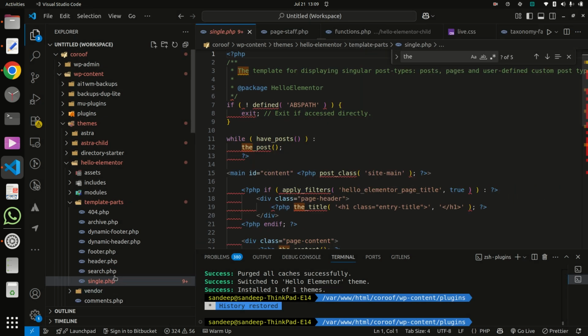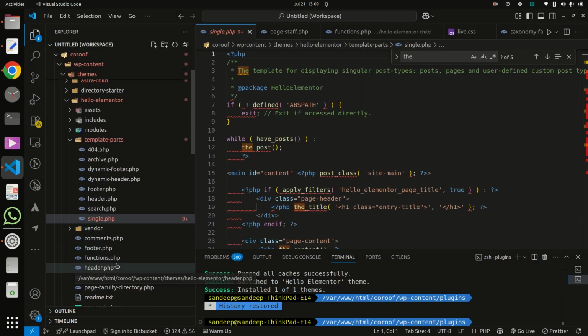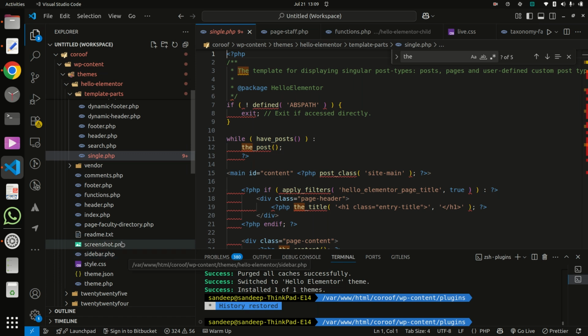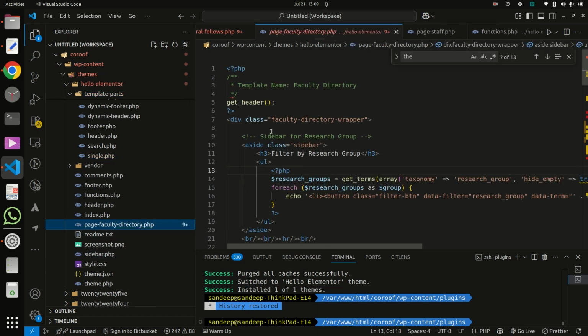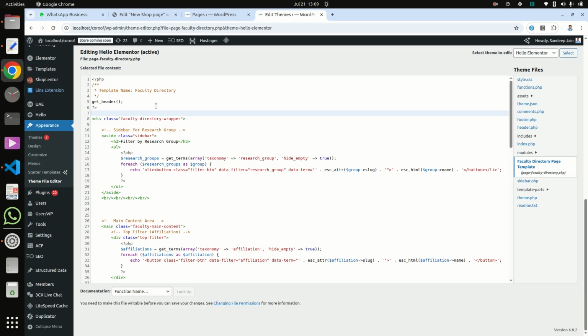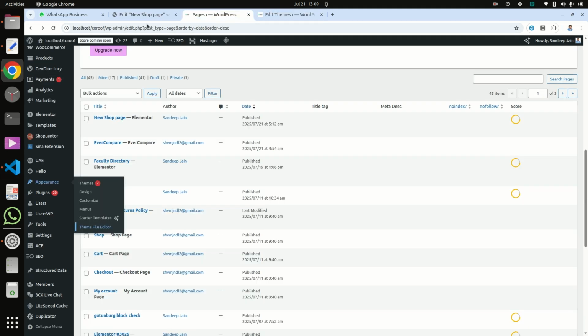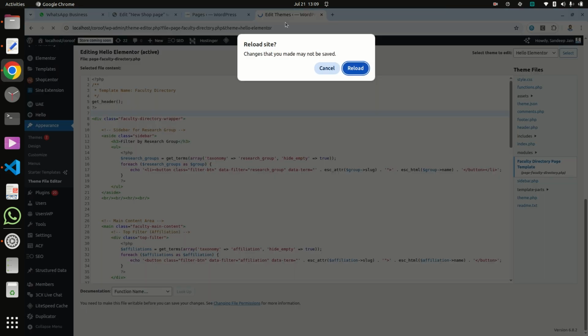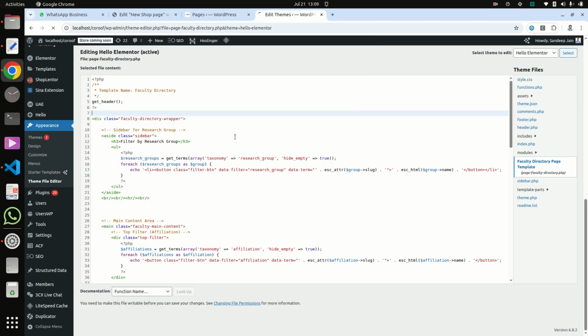Don't save, and add here paste template, and inside that I am putting my content, the content here. Now you can also check here, it is loaded.